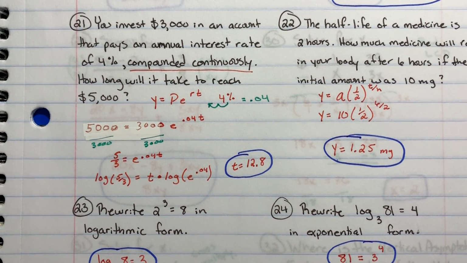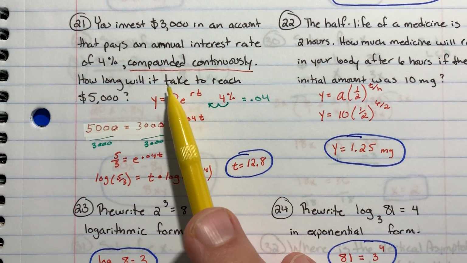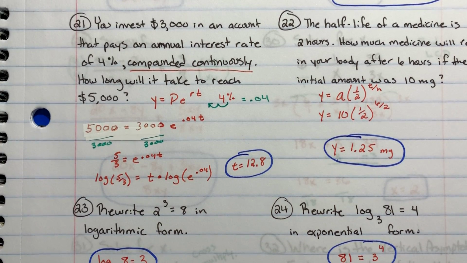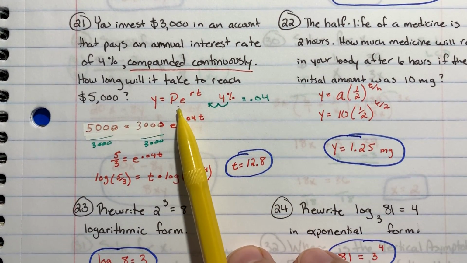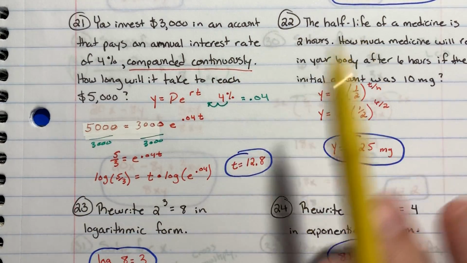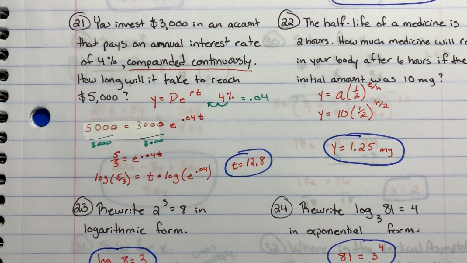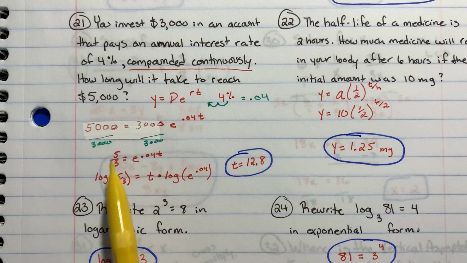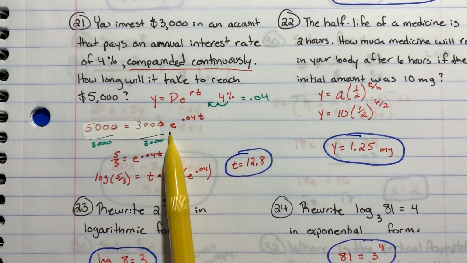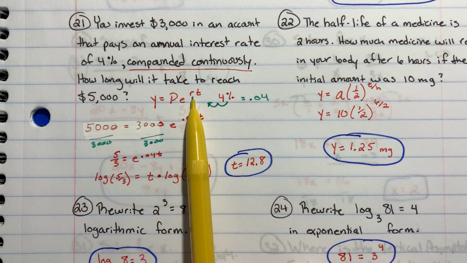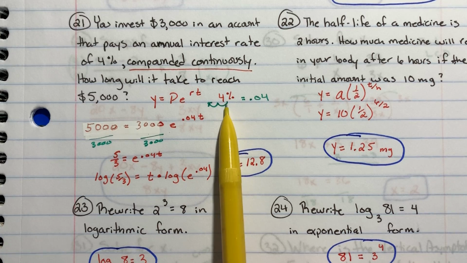All right, there's our compounded continuously. That's when we use the E value, Euler's number. So we have this equation. P is like A in the last ones. It's the original amount, known as the principal. That's our 3,000. And we have E raised to the power of R times T, the rate times the time,